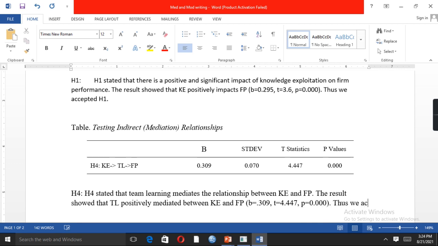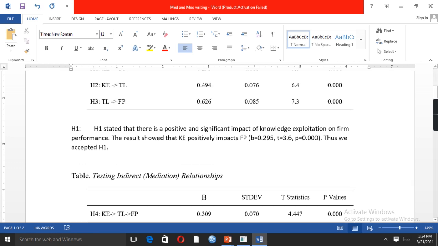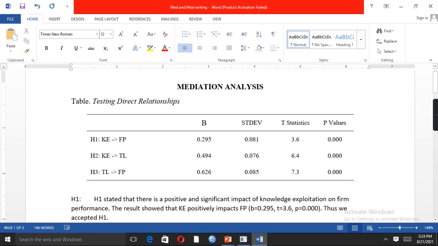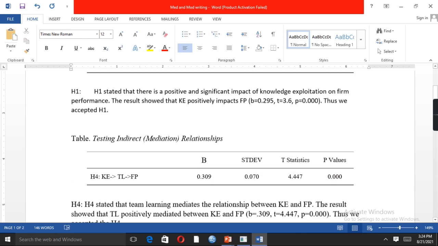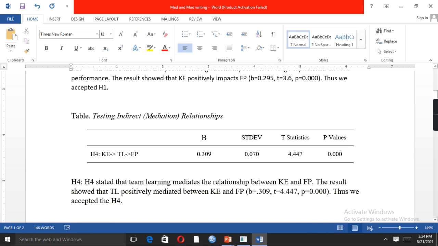Thus we accepted the hypothesis 4. So this is how we are able to interpret the result of direct analysis as well as the mediation analysis.